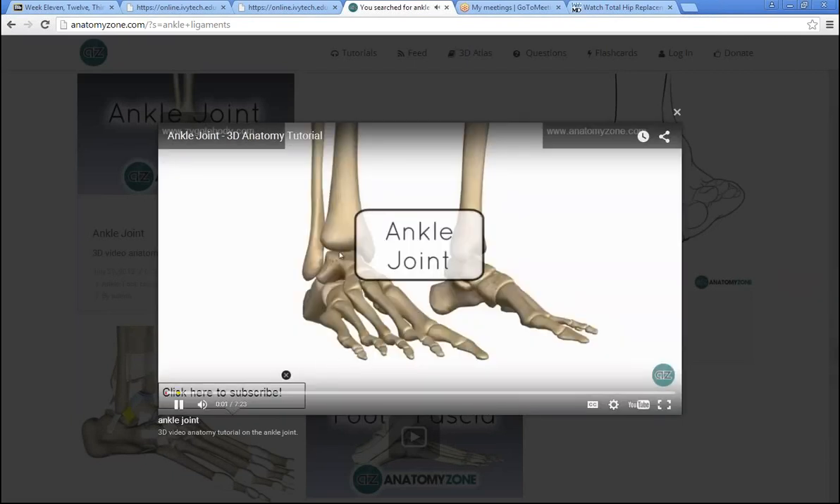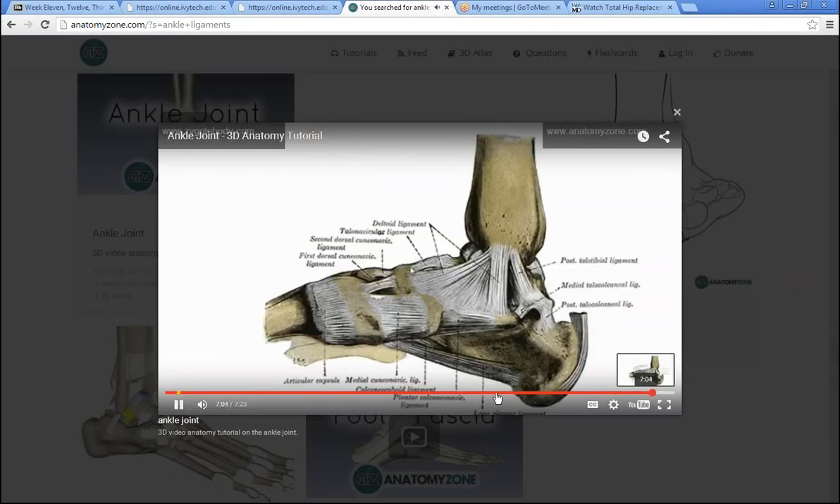Okay, so this tutorial is on the ankle joint. So the medial deltoid ligament consists... Okay, so again, we're looking at this. We have the posterior talotibial ligament. Okay. Now